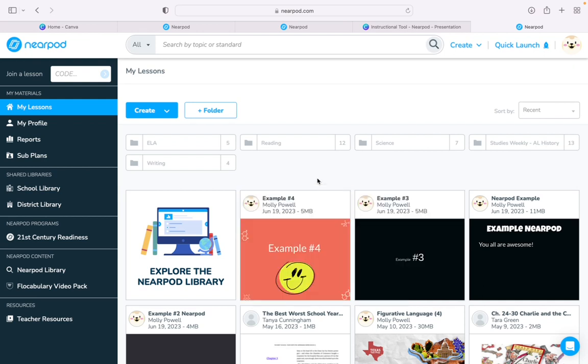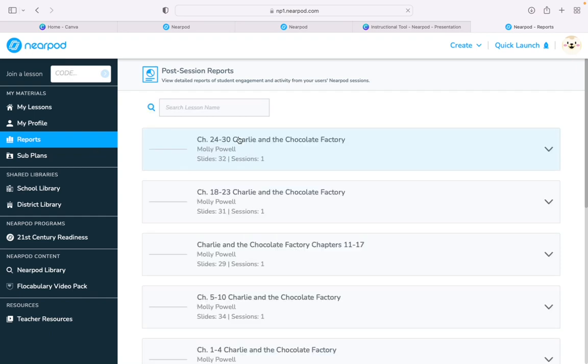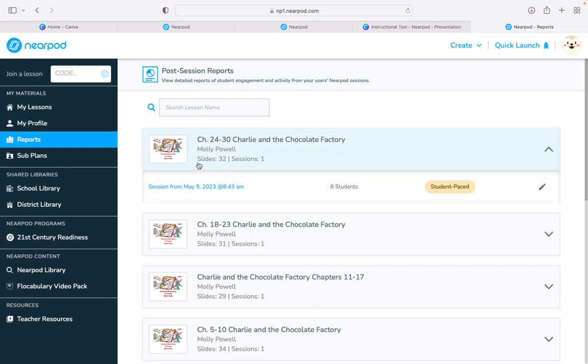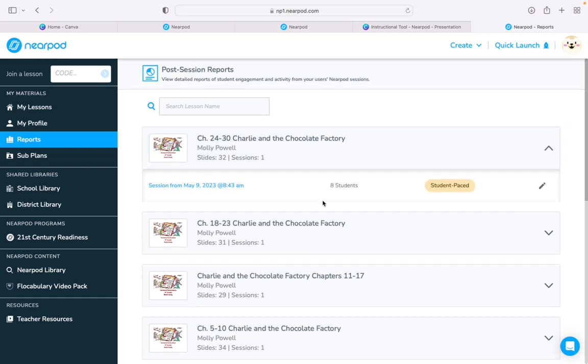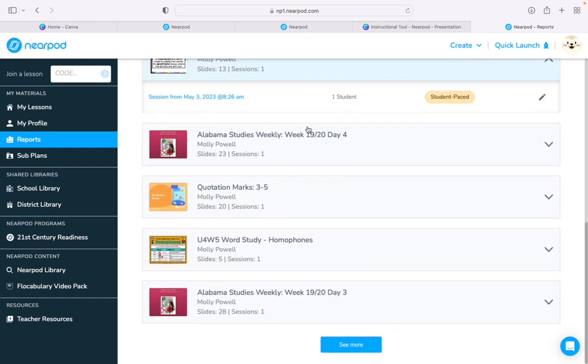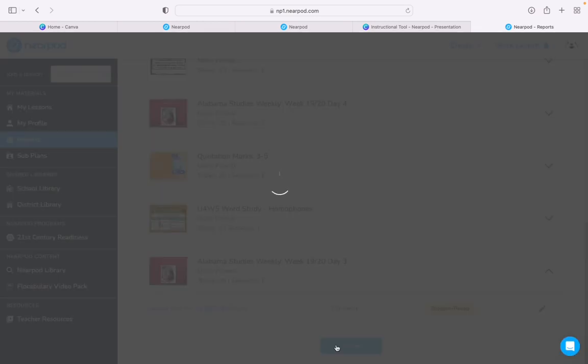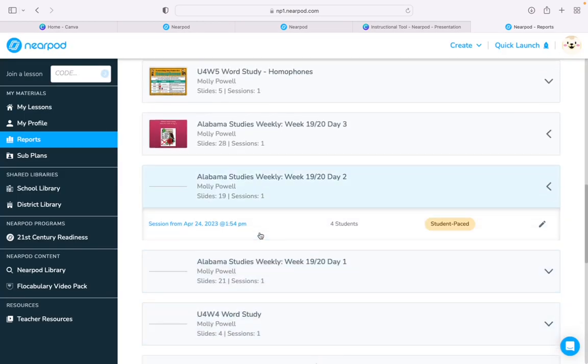One more thing before I send you on your way and creating your own, I want you to, if you're on here with me, here is where you would find your reports. So it's over here on the left-hand side, and you're actually going to probably see some of my recents. So these are all of my Nearpods that I've used recently that my students have gotten onto. Now I want to see, I would like to do one that has student paced. See, I do a lot of student paced so that way they can,